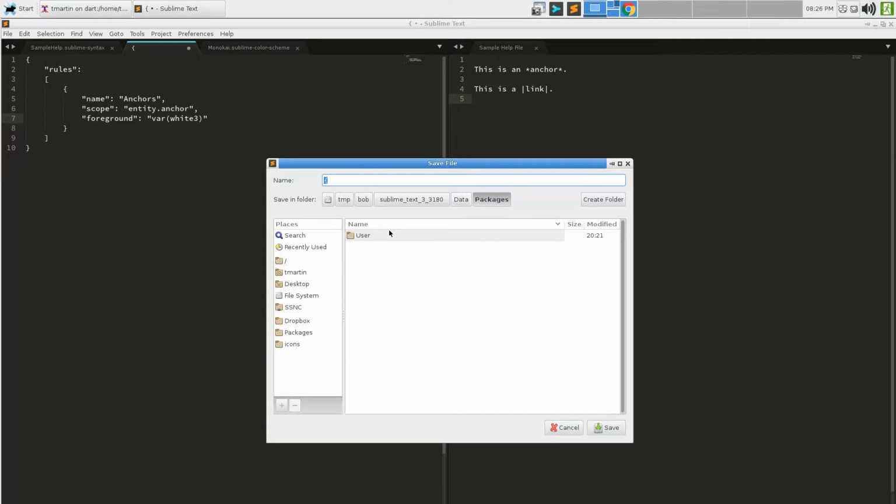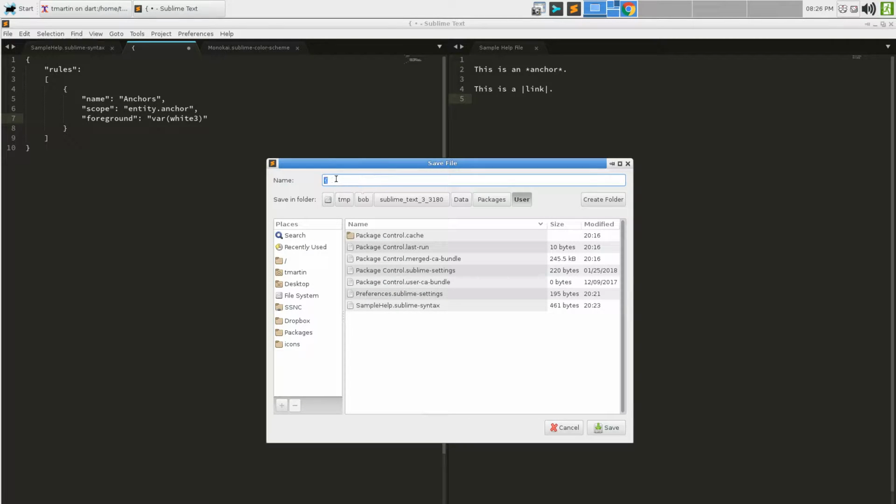And I'm going to go into the user package and I'm going to name this Monokai.sublime-color-scheme, which is the same as the default color scheme. Because this is in my user package, all of the Monokai.sublime-color-scheme files will be combined together into one file in package load order.